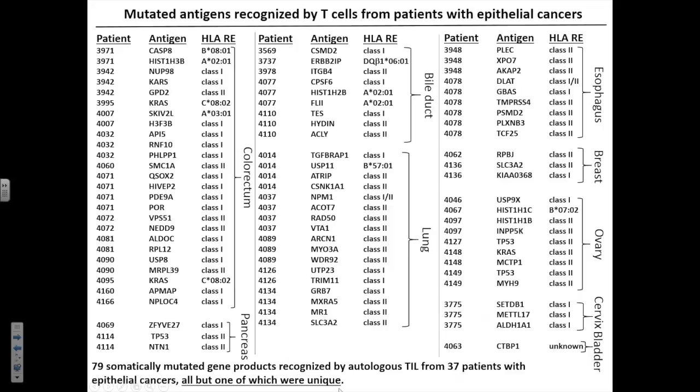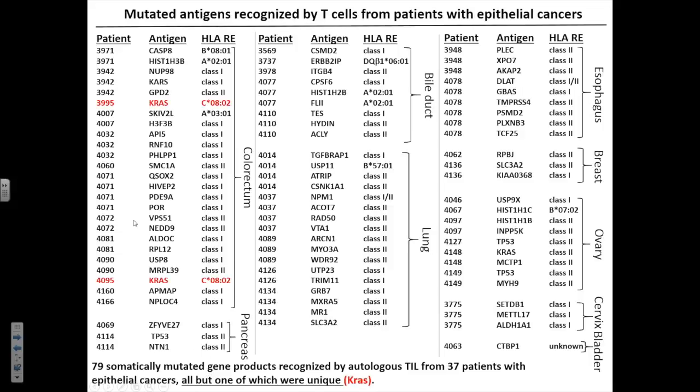All of these were absolutely unique, with the exception of one lesion that was shared, and we're now talking about tumors from the colorectum, from the pancreas, from the bile duct, from the lung, from the esophagus, the breast, the ovary, the cervix. From virtually any tumor we can identify, or put it this way, from almost 80% of tumors of any type, we can identify unique mutations that are recognized by T cells within that patient. Again, all of these were completely different, with the exception of one deposit